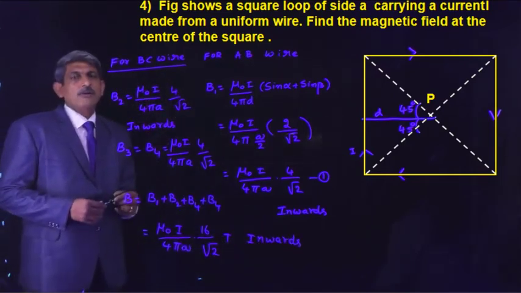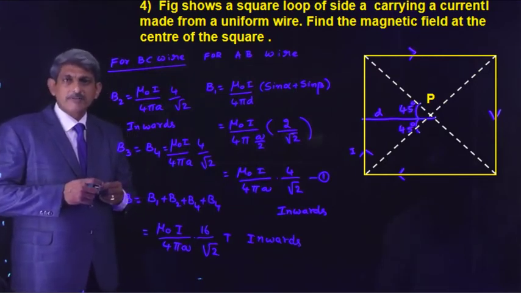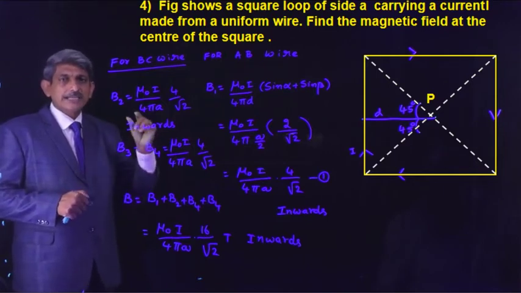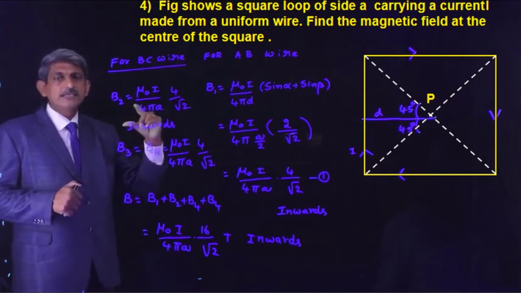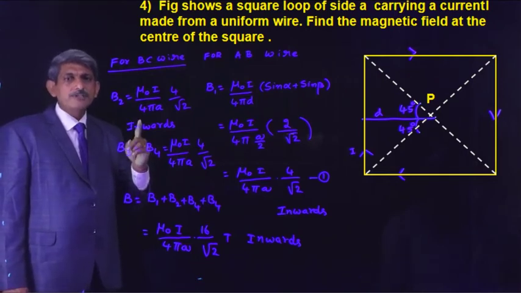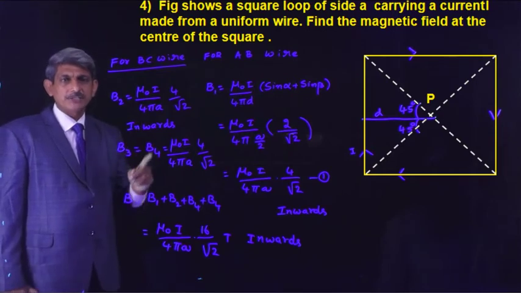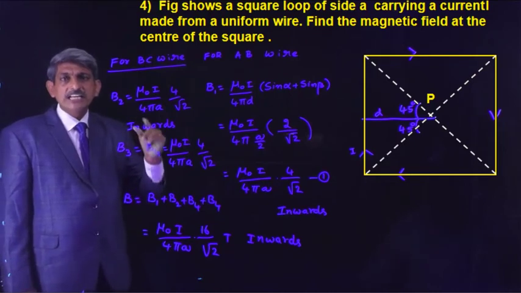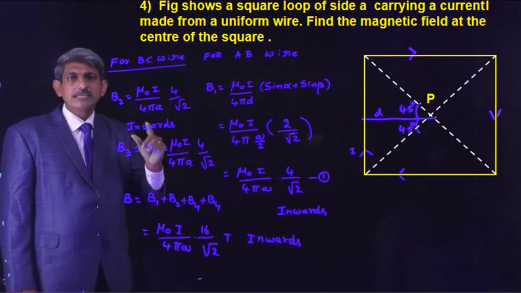Like this, whenever there is a single wire, determine the magnetic induction value due to that single wire. If the wire is bent into a shape, identify the regular regions in that shape. Then, first determine the magnetic field produced by each and every region along with its direction. By adding the magnetic fields produced by the individual regions of the wire, we can determine the total magnetic field produced by the given shape of the wire.